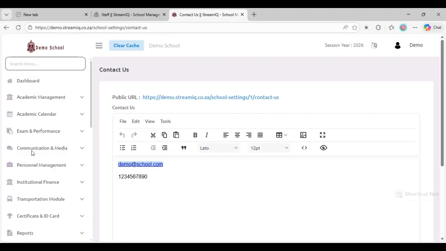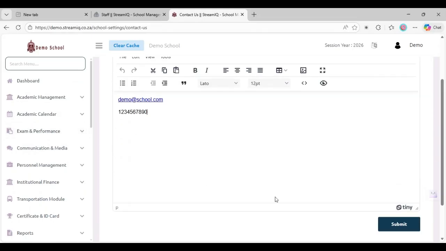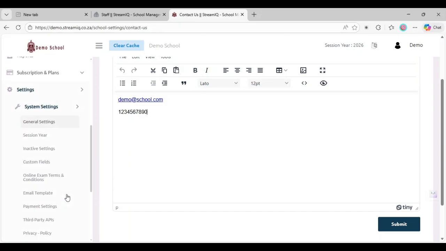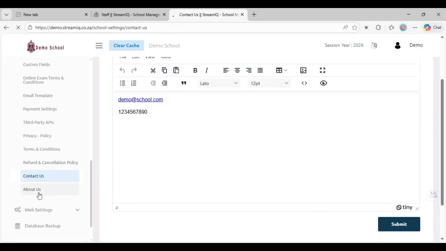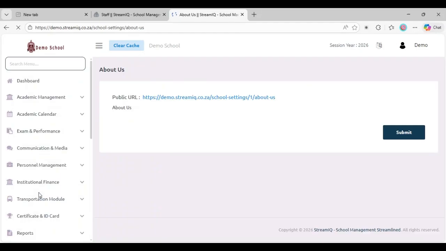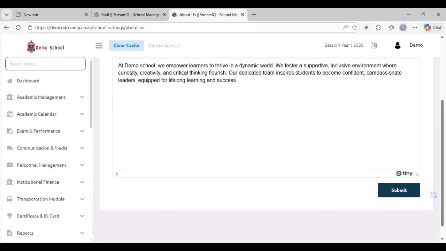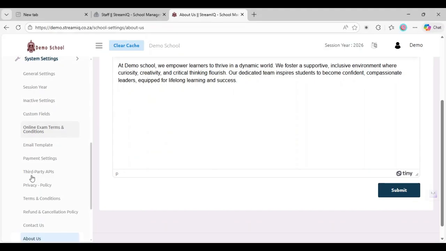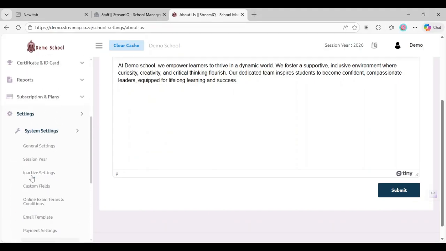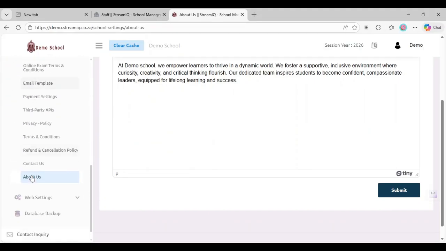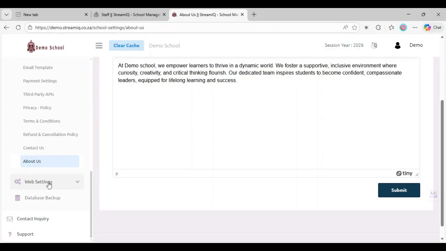Then contact us. You write your contact details. As you can see here, this is the email, this is the phone number. Then submit. Then you have the about us section. You'll write your info and submit. And this covers everything on system settings. So we jump straight to web settings,